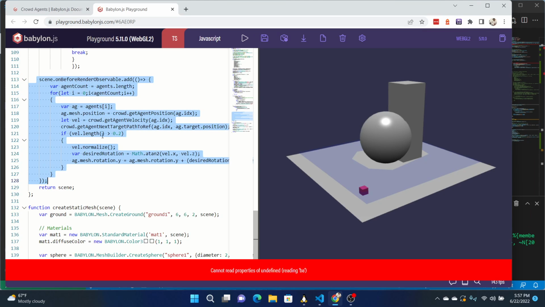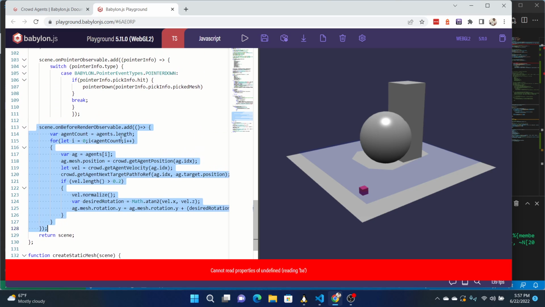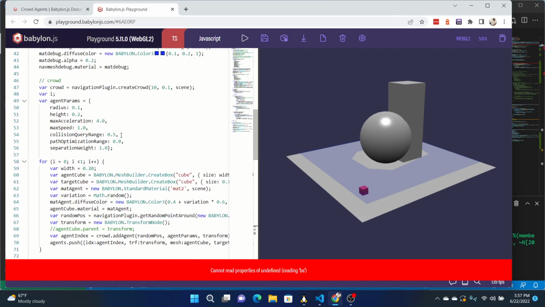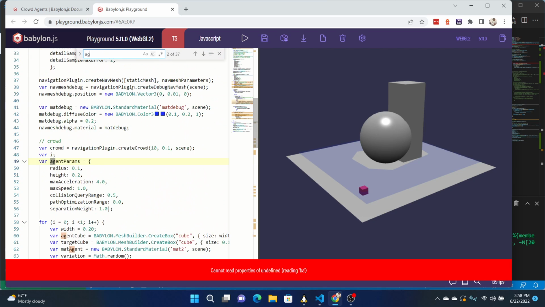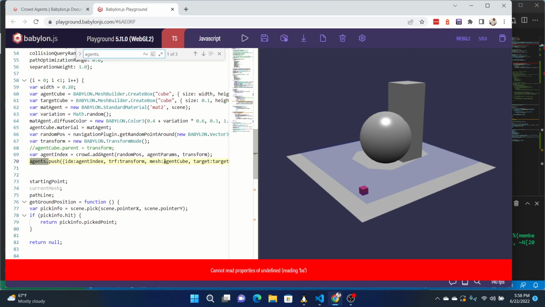If we look over here, mesh, ag mesh, and this comes from agents. And what is agents? Agents, empty array. When are you setting agents? Agents.push. Okay, agent index, transform, mesh,